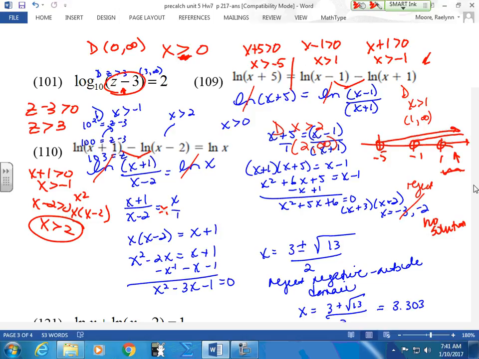I agree, this one was probably hard. Longer. Not harder, but longer. Are we okay with these? I think this is where my domain 2 came from. I don't know why it showed up over here, but